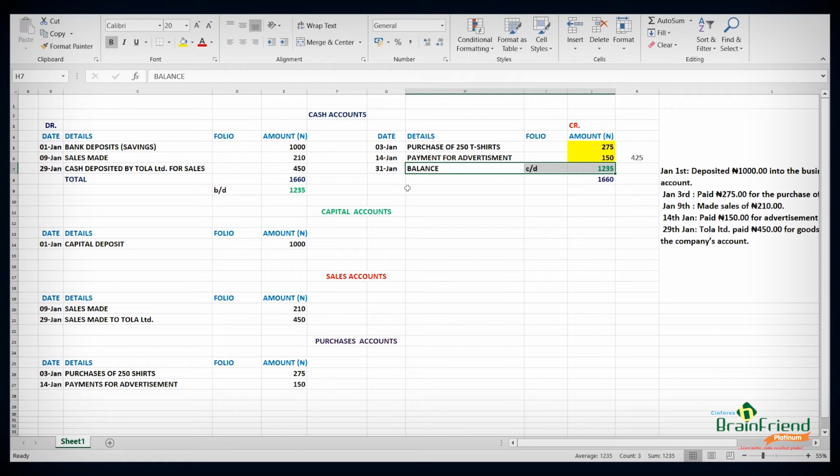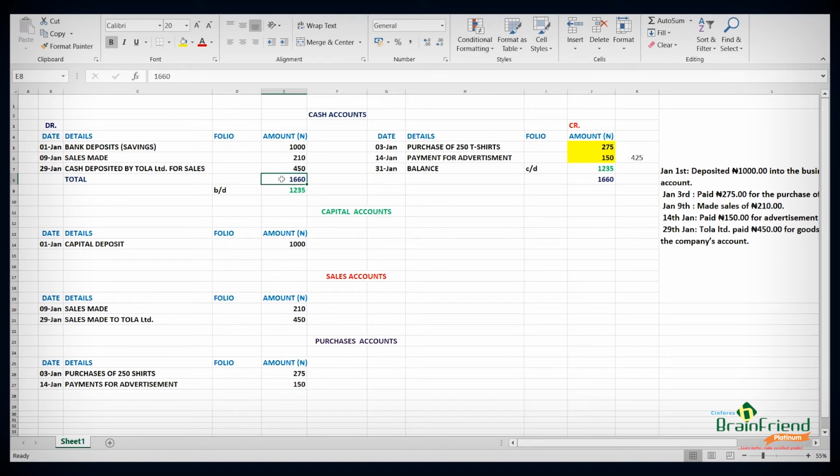When you have done that, you can now add both sides and then see if the account is balanced. Having done that, our next task is to see if our account is now balanced. So you will do this with me. You will add the debit section and see if you arrive at the values on the credit side of the account. So adding 1,000 plus 210 naira plus 450 naira, we arrive at